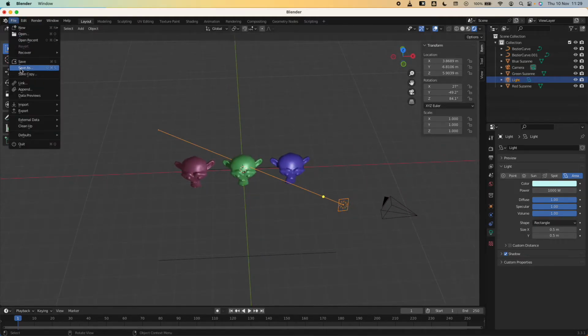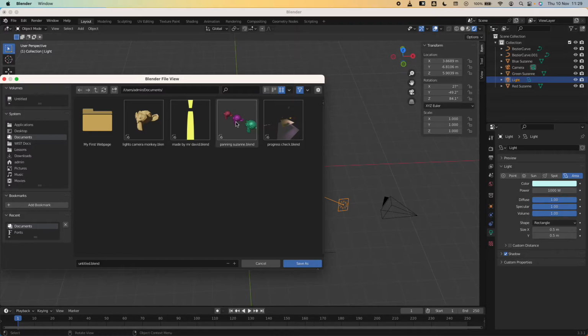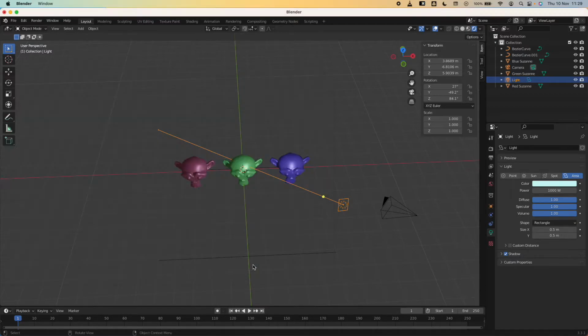So first of all, let's file save as. Panning Suzanne is what I've saved it as. So go ahead, save your work, just in case we run into problems, and then we can always pick up from there. Now,